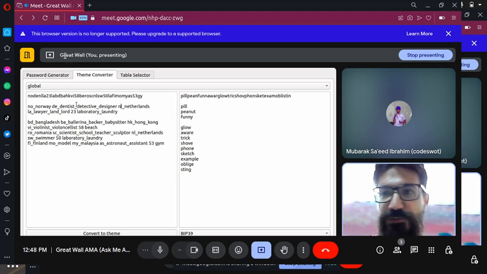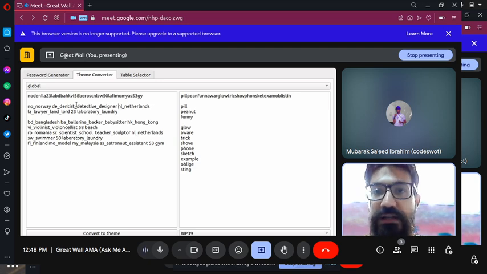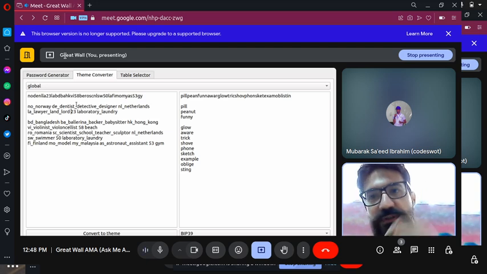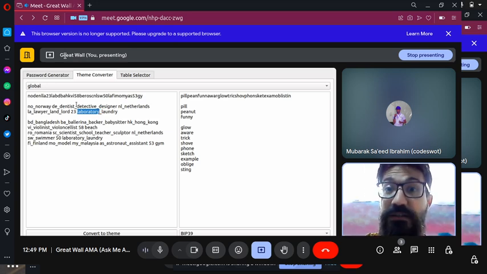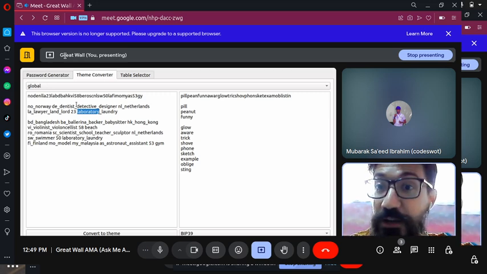So imagine a Norwegian who interacts with a Dutch lawyer or landlord or whatever, pays 23 euros for his work, you name it, in a laboratory. So maybe the Dutch dentist collected a sample of a tooth from the Norwegian detective. How about that, right? A Norwegian detective